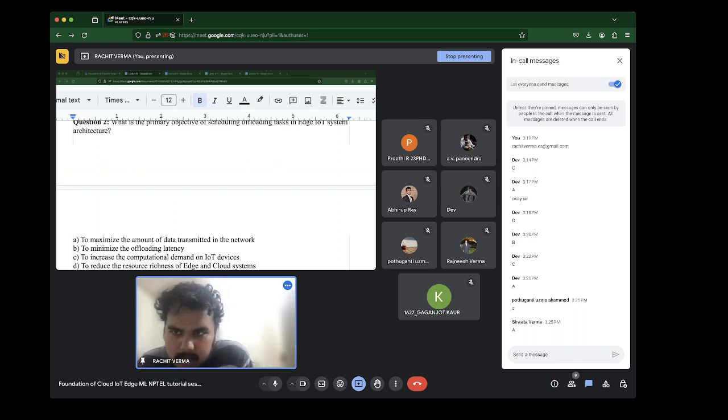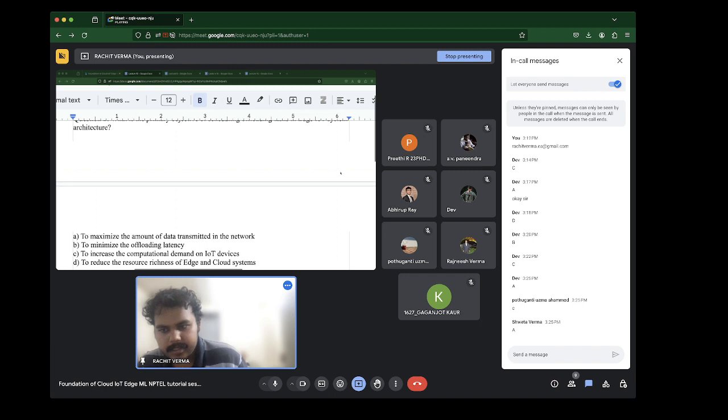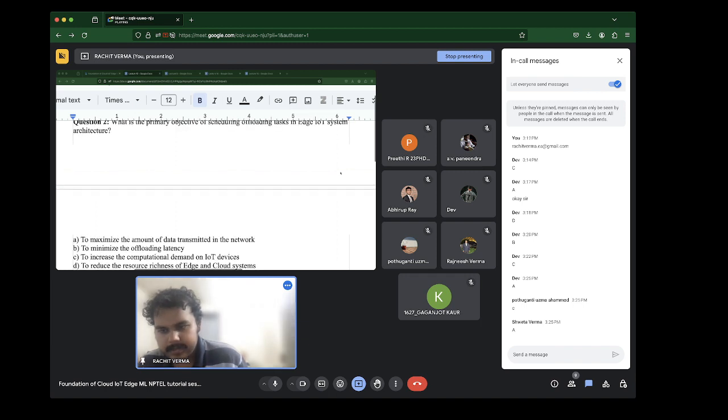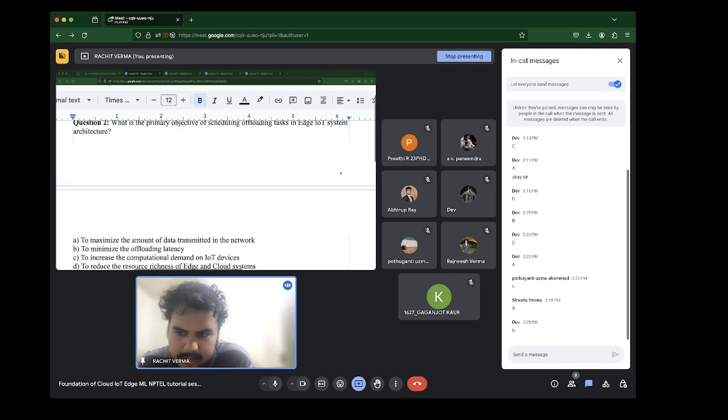What is the primary objective of scheduling offloading tasks in Edge IoT system architecture? Is it A, to maximize the amount of data transmitted in the network, B, to minimize the offloading latency, C, to increase the computational demand on IoT devices, or D, to reduce the resource richness of edge and cloud systems?